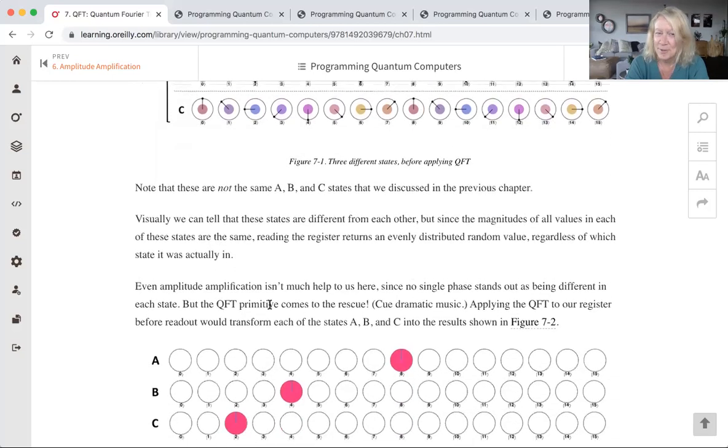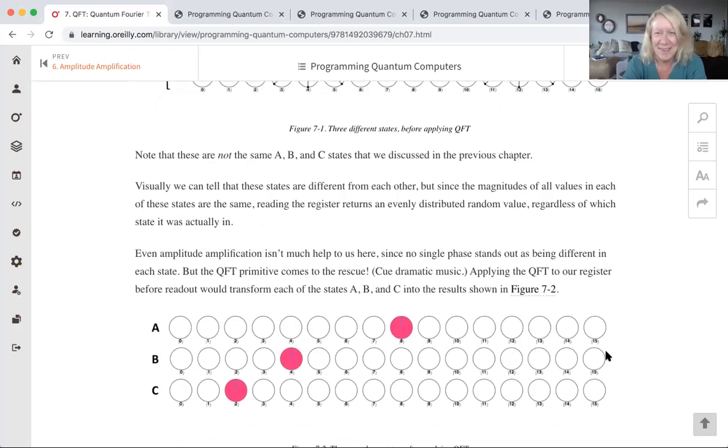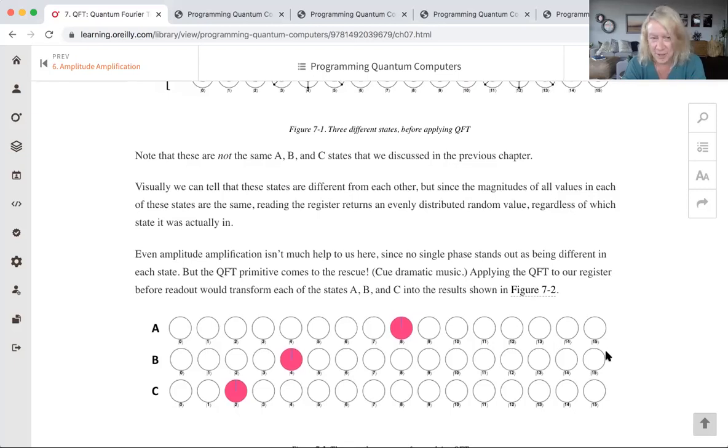And they do have a sense of humor. But the QFT primitive comes to the rescue. Cue dramatic music. So applying the QFT to our register, and the QFT is a function, before readout would transform the states A, B, and C into